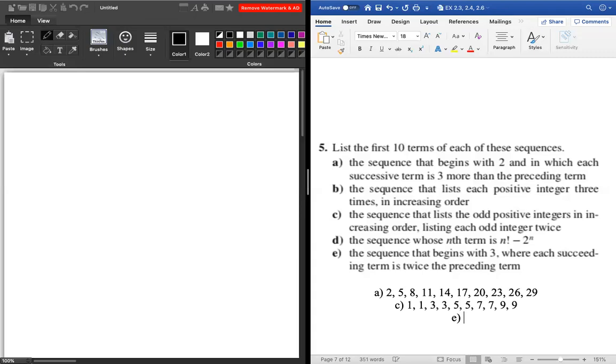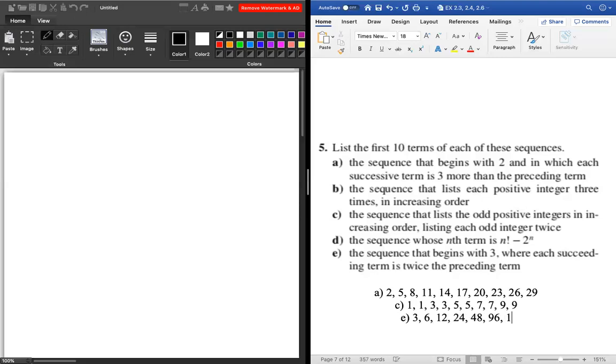E, the sequence that begins with 3, where each succeeding term is twice the preceding term. Okay, so here we know that it begins with 3, and the next term is twice the preceding term. So 3, 6, 12, 24, 48,